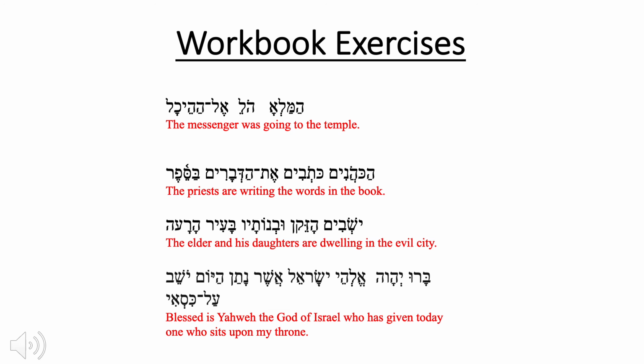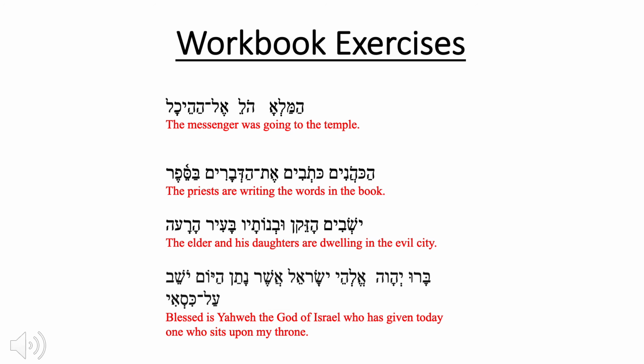We continue on by describing this God of Israel, asher, who has, and then the verb from natan, give, he has given, hayom, yom plus the definite article, this day, yoshev, sitting, al kisi, sitting upon my throne. We have here one who is sitting upon my throne. This is most likely David talking about Solomon. Blessed be Yahweh, the God of Israel, who has given today one who sits, yoshev, one who is sitting